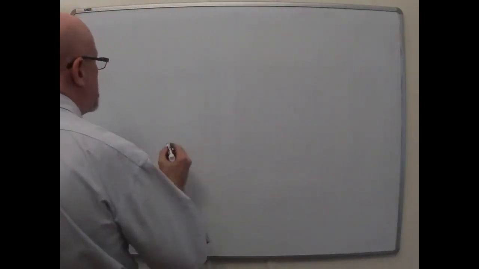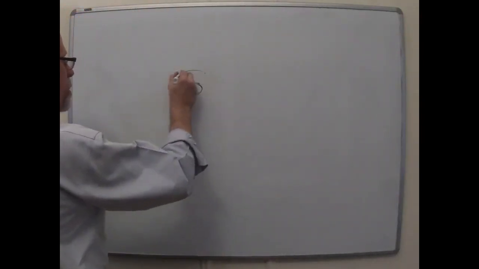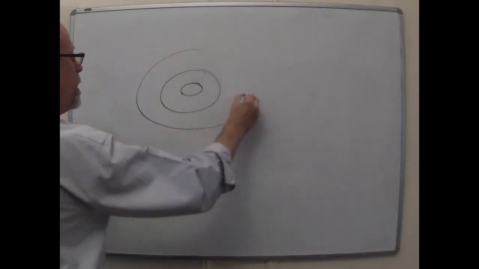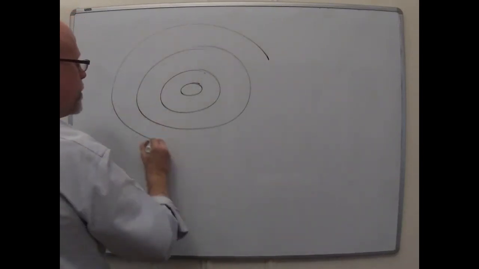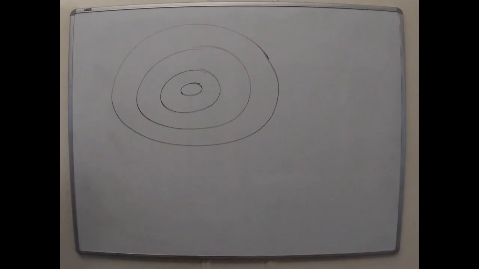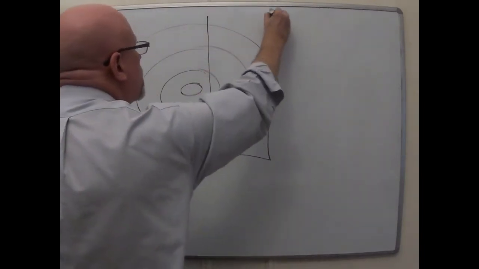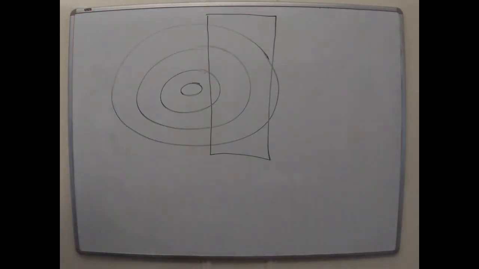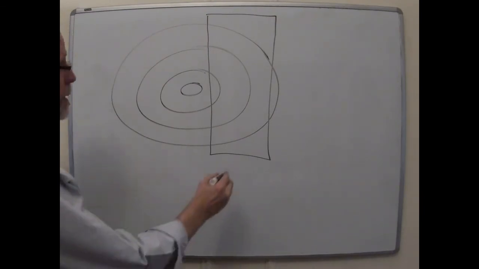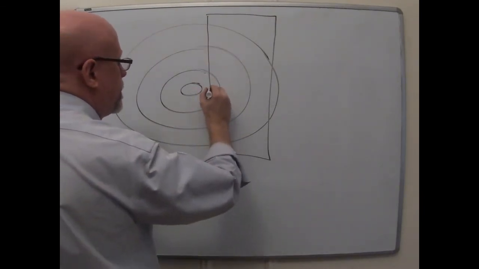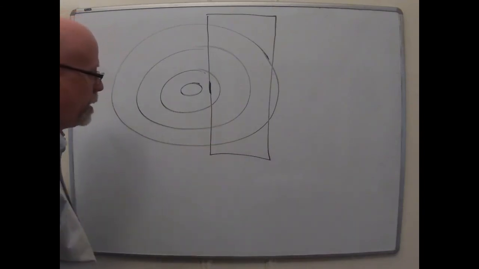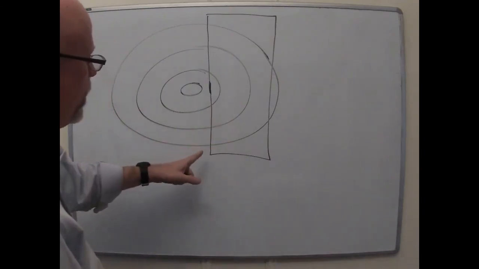So let me just give you an example of this. Suppose we've got some function like this, with contours that are concentric ellipses. And I've got a region that's like so. And I'm trying to find a maximum value. I can tell you just from the geometry of it that it's somewhere in here. Well, what we are going to do is say,